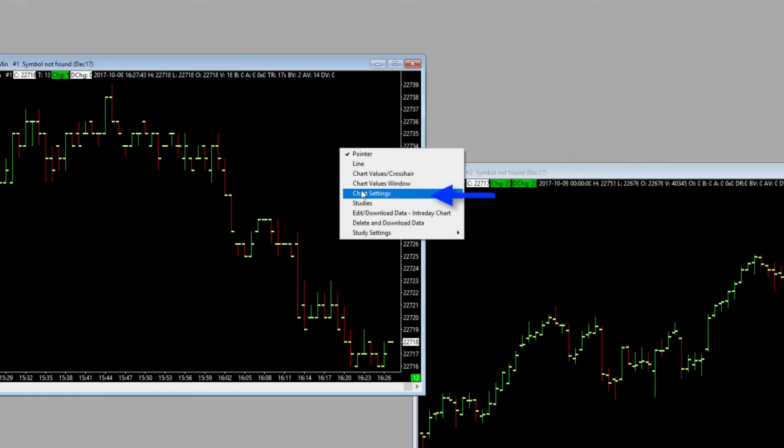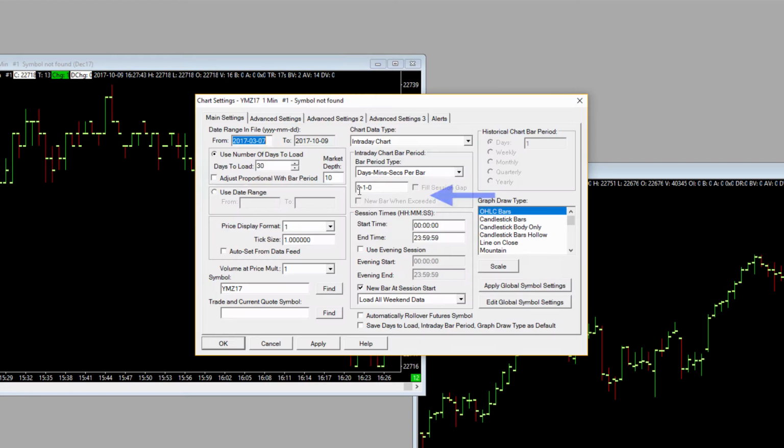I will right click and select chart settings. Notice when we open the chart settings window we have multiple tabs at the top. Pay very close attention because we're going to be accessing 3 different tabs from this view before we're done. So the first step here is to go ahead and adjust our start and end times. So we're going to go ahead and put this one to